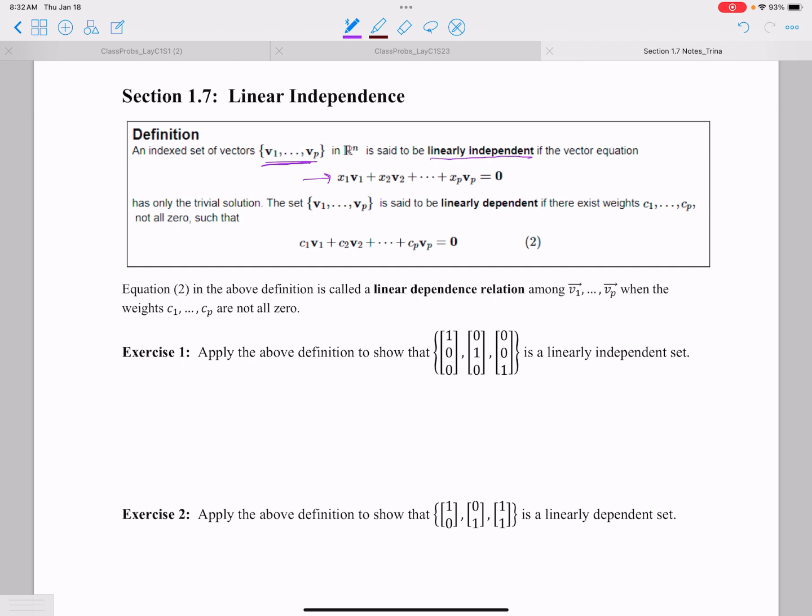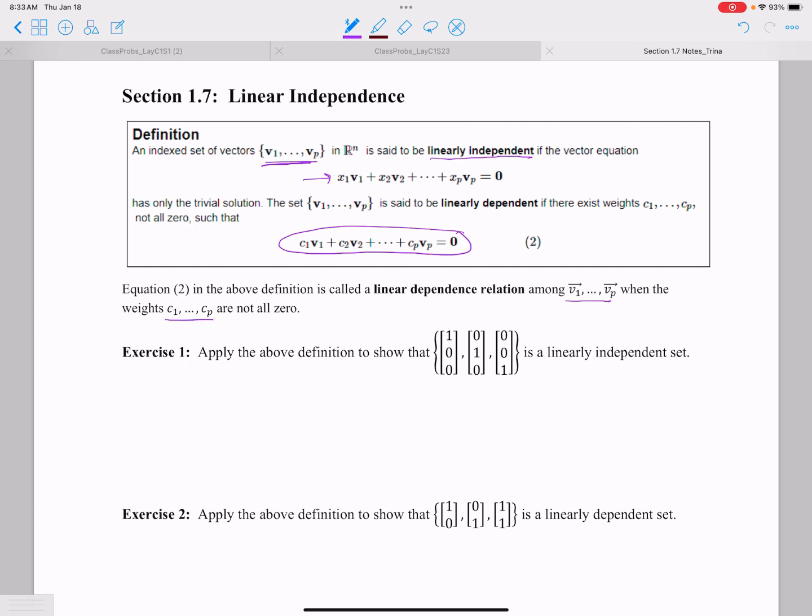So in other words, if all of the weights, the x1, x2, xp, are all 0. So the set is considered to be linearly dependent if there are some non-zero weights. And I don't mean that all of them have to be non-zero. I just mean at least one of them has to be non-zero. Equation 2 in the above definition is called a linear dependence relation. So this is the linear dependence relation among the vectors v1 through vp when the weights c1 through cp are